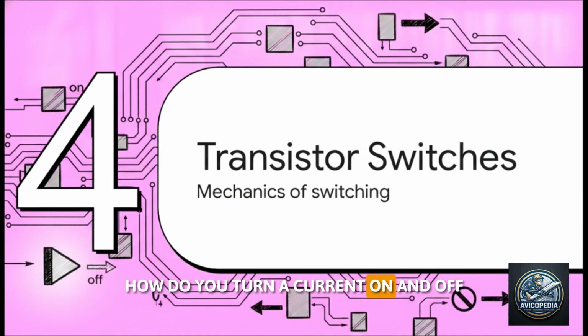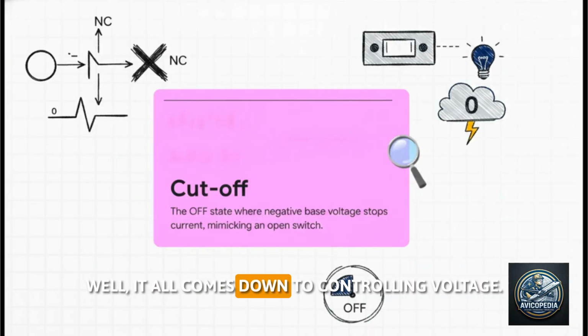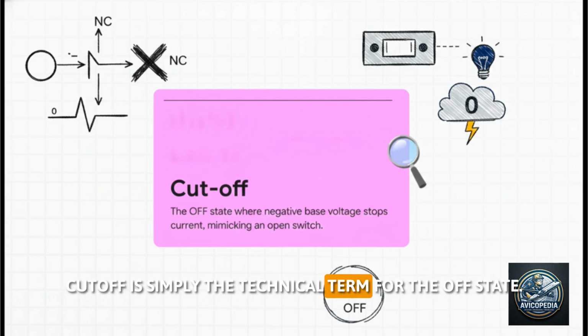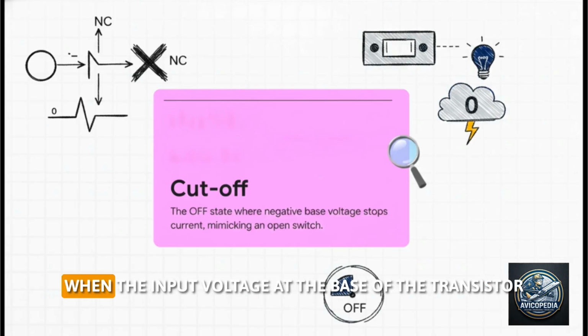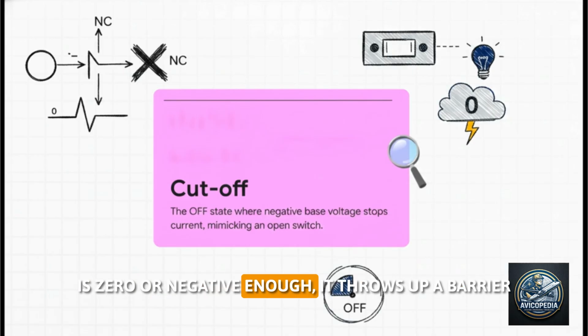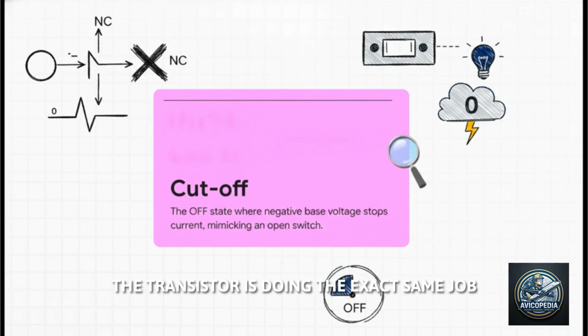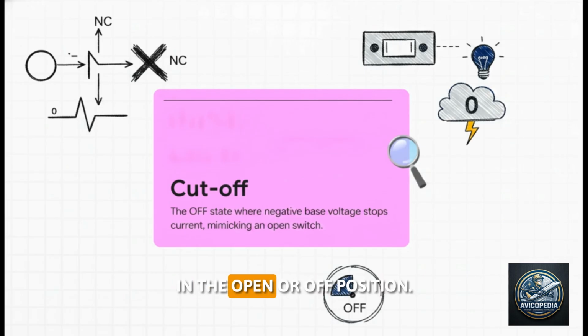How do you turn a current on and off without actually moving anything? Well, it all comes down to controlling voltage. Now, don't let the engineering jargon intimidate you. Cutoff is simply the technical term for the off state. When the input voltage at the base of the transistor is 0 or negative enough, it throws up a barrier. No current can flow through to the collector. In this cutoff state, the transistor is doing the exact same job as a physical switch in the open or